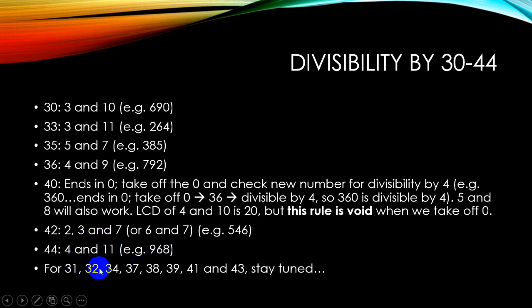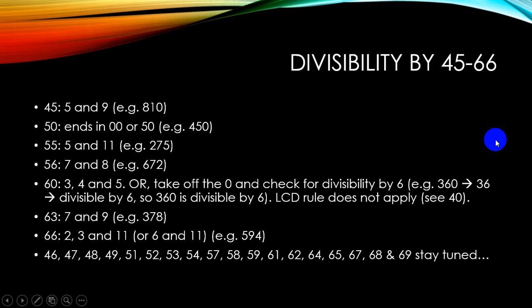And for 31, 32, which is another power of 2, is 2 to the 5th power. 34, 37, 38, 49, 41, and 43. We have some divisibility rules which we can derive. That's for a later lesson. Now we go 45 through